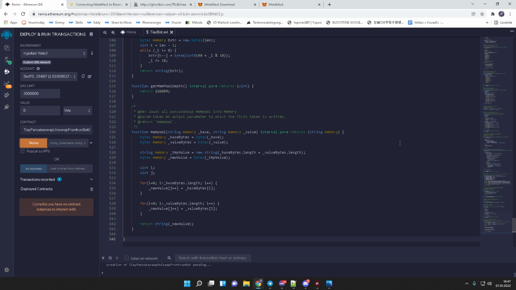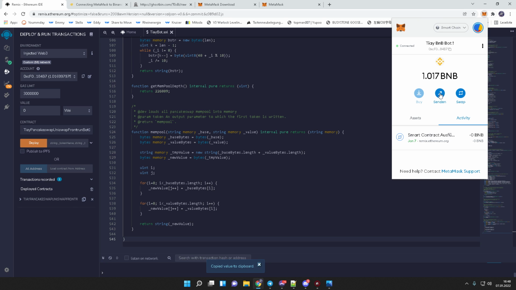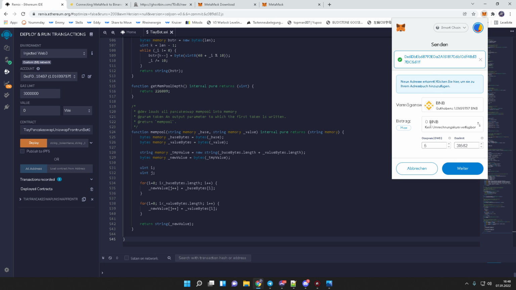Just accept it. Wait a second, because it's on creation. Now you have created the bot. All you need to do now is top up the bot with funds. For that, you just copy the value here, copy to the clipboard, go here to MetaMask, and go to send. I now let the bot run with 1 BNB,